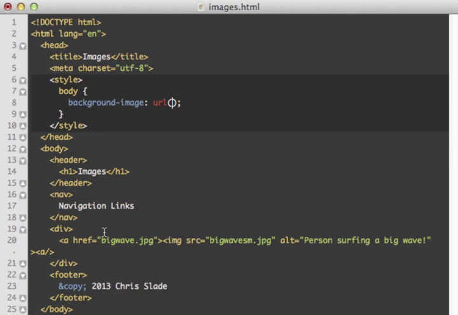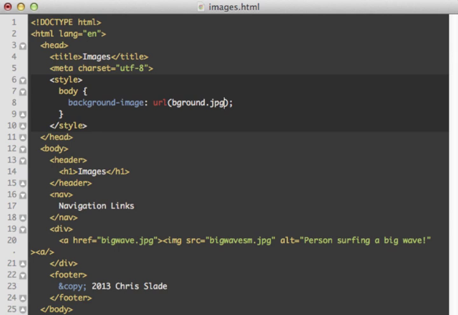And it works the same way as we have done in hrefs and sources. So you just do the URL based off of where you are. Since I have this background image saved in the same directory as my image.html file, I can just put the name of the image right here,